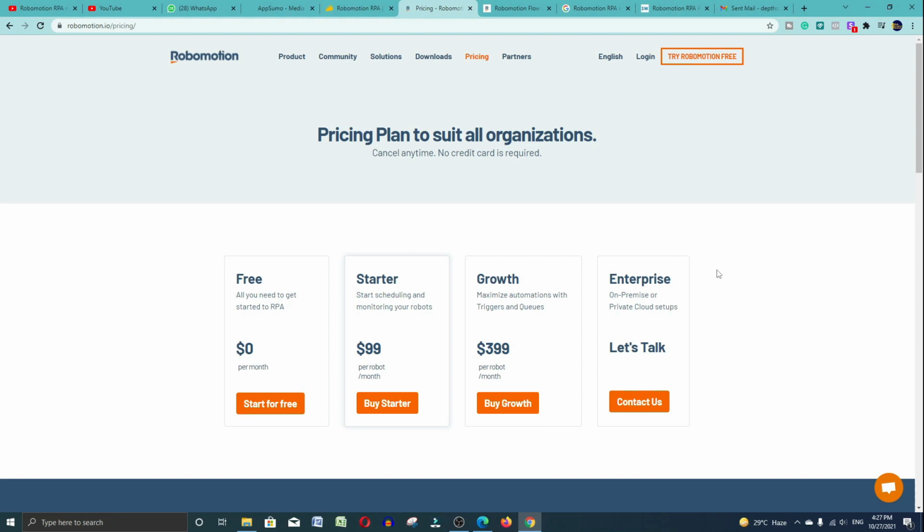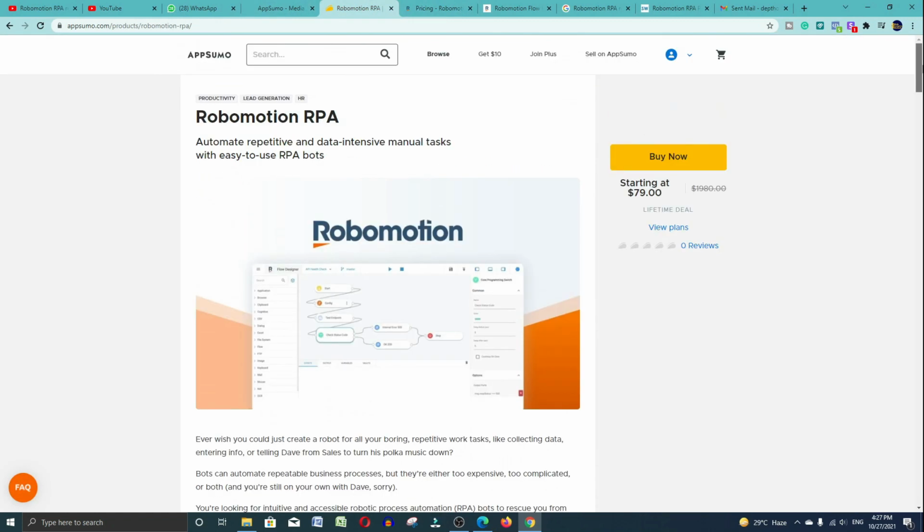But if you want this tool for a lifetime deal, I have an amazing lifetime deal for you. You can buy this tool from the AppSumo marketplace for a lifetime at a starting price of $79 only. Okay, AppSumo is a platform where you can buy all digital products for your digital businesses, and after using all these tools, you can automate your entire business with the help of these digital tools. AppSumo is a trusted, highly rated digital product and services platform, from where you can buy this tool.